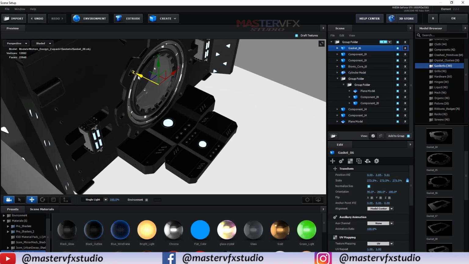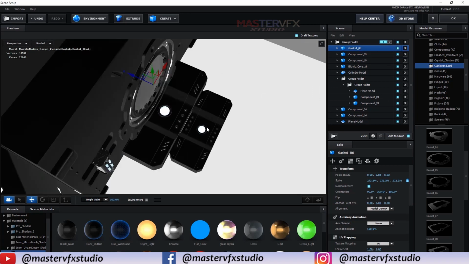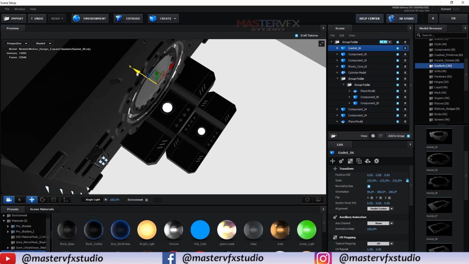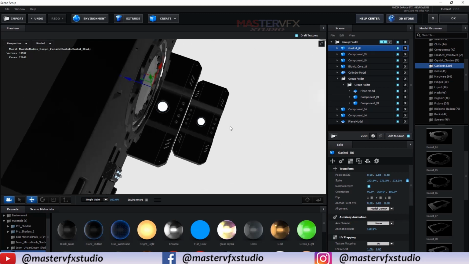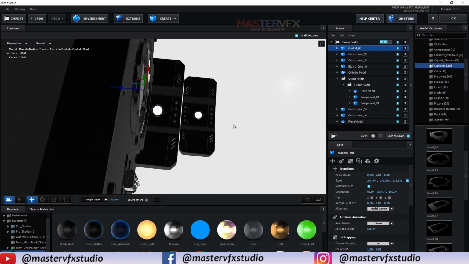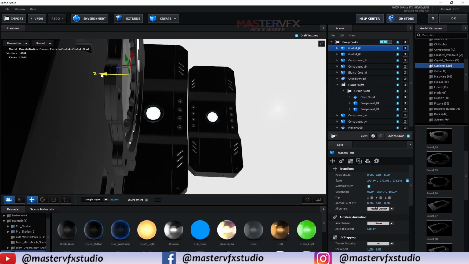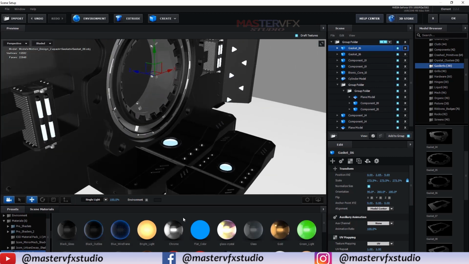And here, put it here, you need some gap here, so also increase it further, and just press Alt and just duplicate and slightly move it, okay, and just apply light type material.